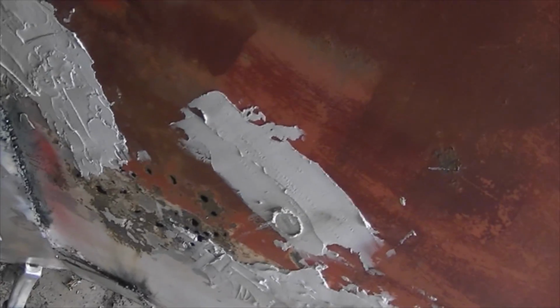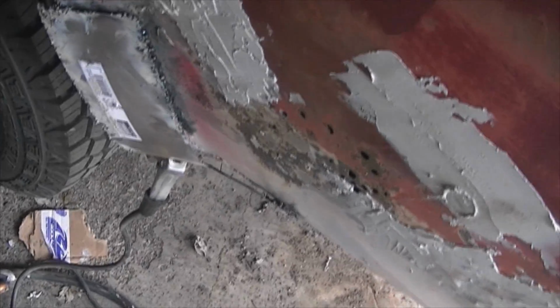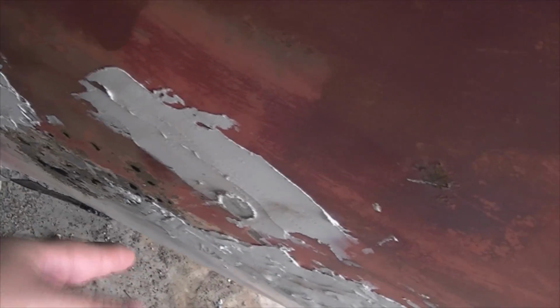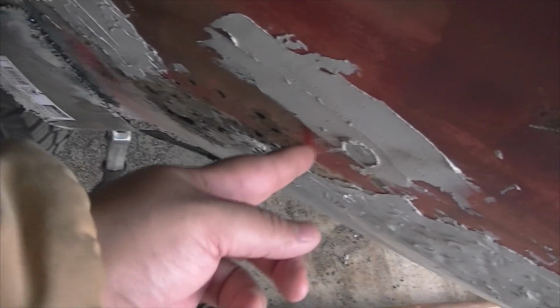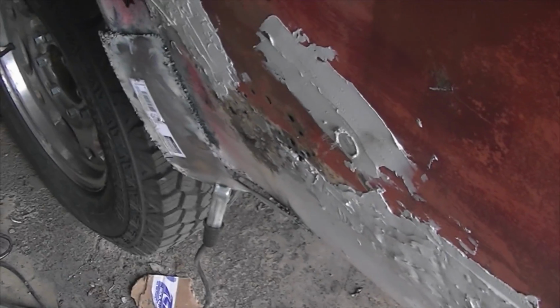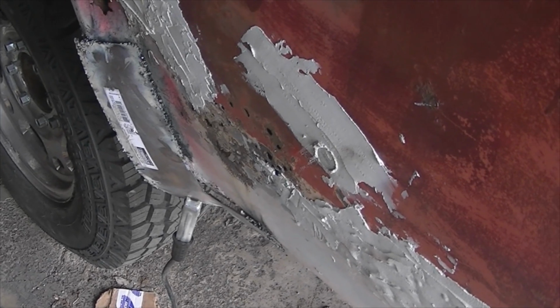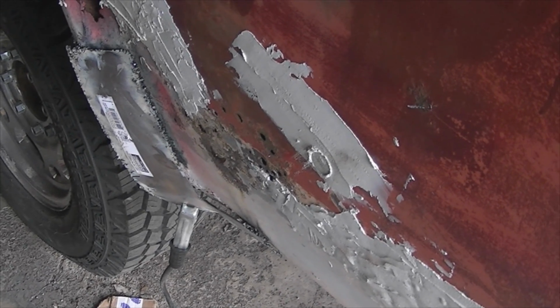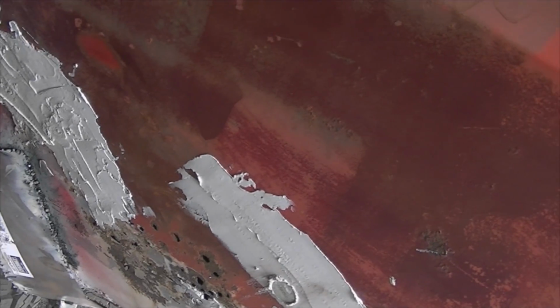Anywho, I'm trying to decide what's the best way to go about this, because I know if I try to weld this right here, where the Bondo, sorry, I'm really bad at my camera work right here, is going to overlap this, it's not going to make a good connection. I guess I still have a good enough area to weld onto, but with all those little pock marks, it might just be the best to